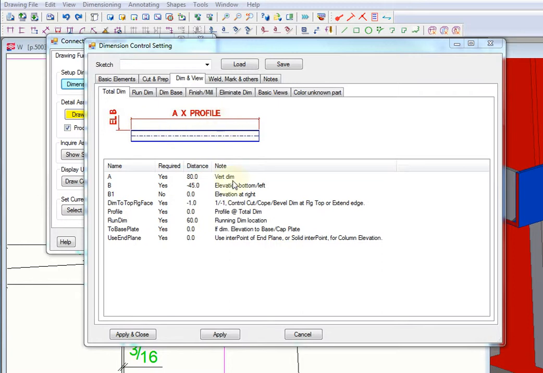You can add in a profile, and dimension B is elevation. If the beam only use one side, if beam is sloped, they will adding B and B1. So you can set left and right. And for the column, they will be on the top and bottom. So there is option, say dimension to, let's say